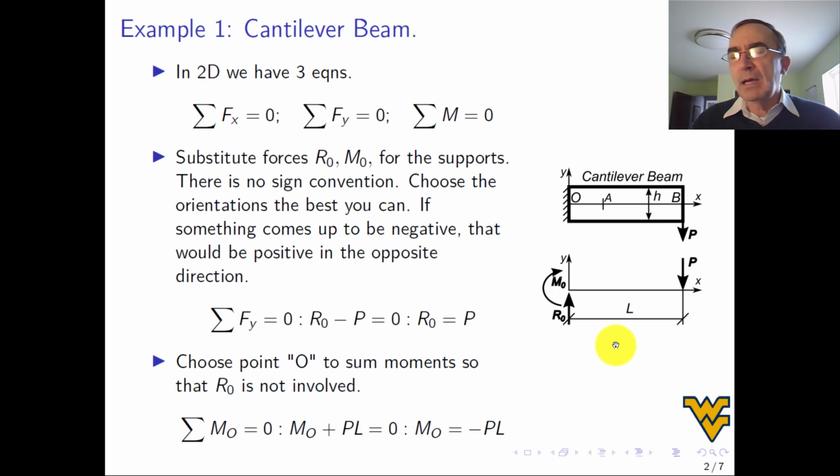But I chose to put it that way for two reasons. One, to emphasize the fact that I can choose whatever direction I want, and the problem can be solved. It's just that M0 is going to be negative. In fact, if you look down here, when we do it, it comes out to be negative. But the other reason why I put the moment that way is because that is the way that we will have to use to draw bending moment diagrams.